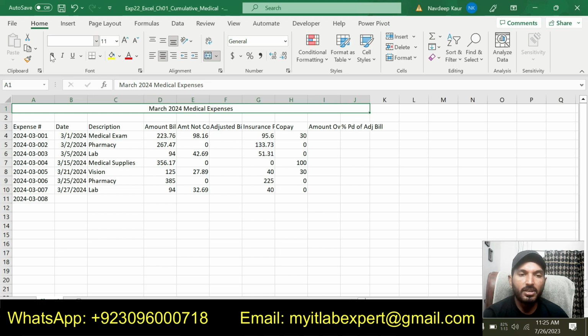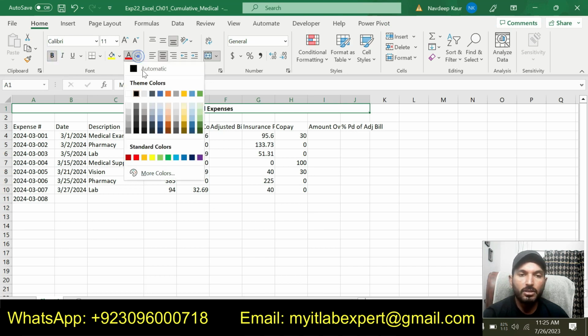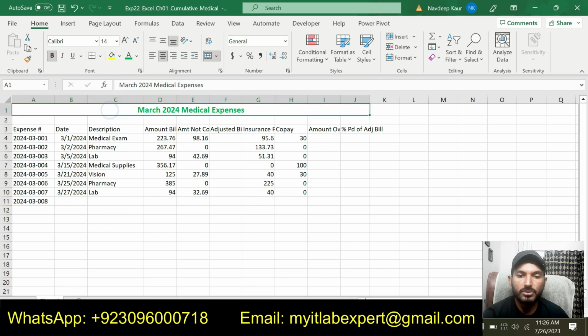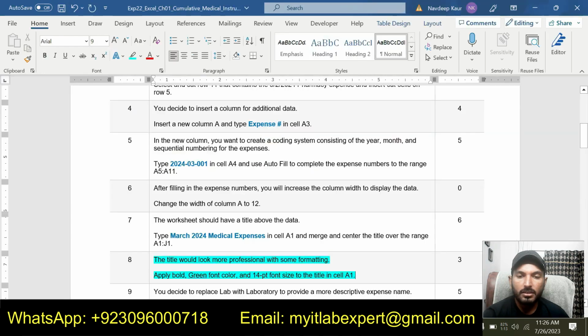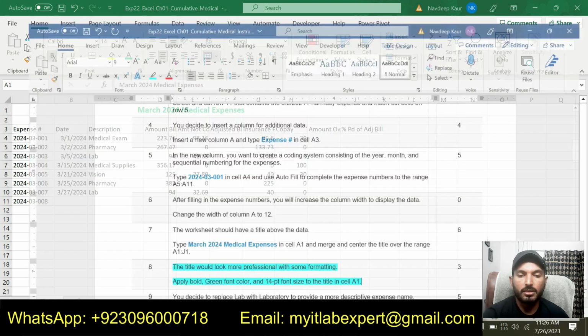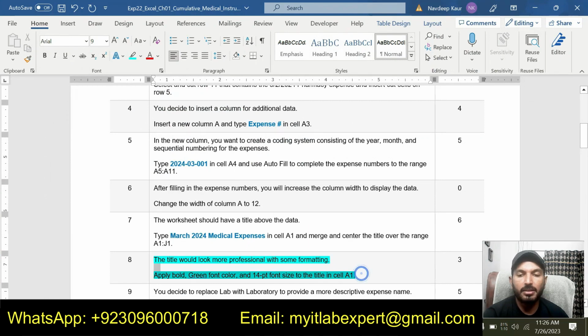So select this one and apply bold. And now we are supposed to change the font color to green and 14-point font size. So I have applied bold, 14-point font size and green font color to this one. So that is all required in step number 8.